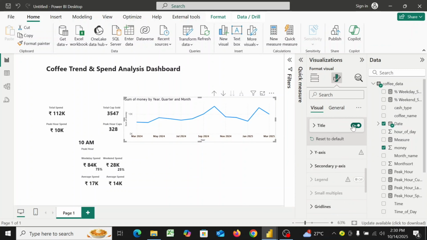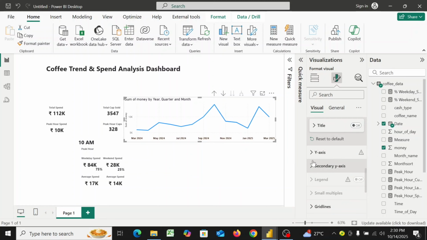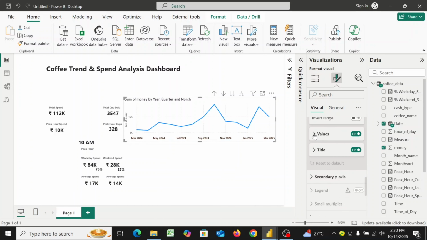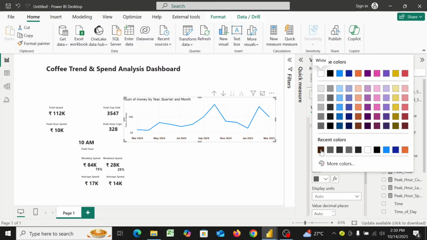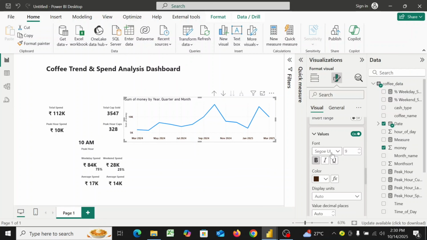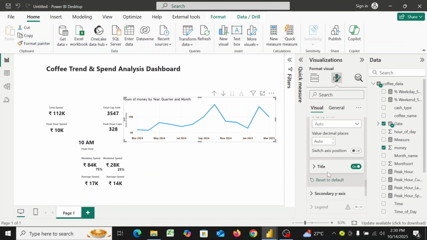Turn off the title, go to the y-axis, go to the values, make it bold and change the color into dark brown. Turn off the title,